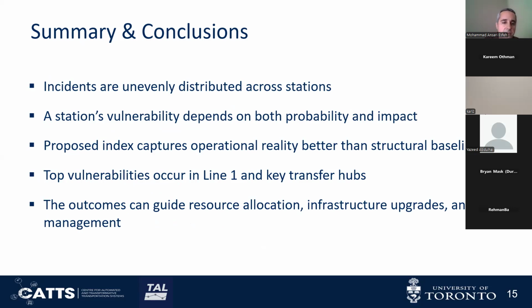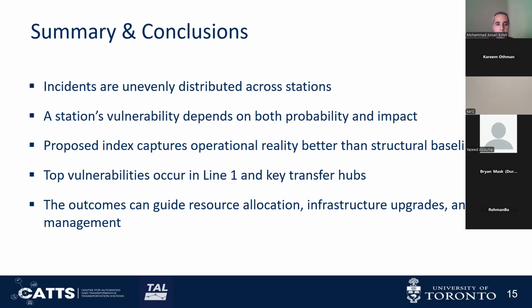So just in summarizing the key inputs and key outputs of this presentation. Incidents, as we discussed in the Toronto subway network, are not evenly distributed across different stations. We discussed that a station's vulnerability depends on both probability and impact. Our approach captures operational reality better than structural baseline models because we take into account historical